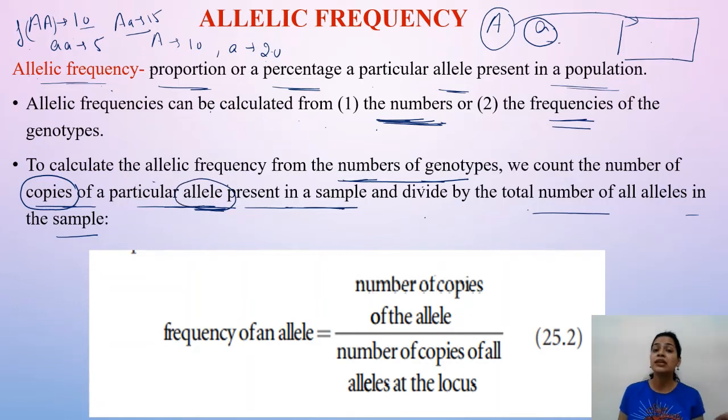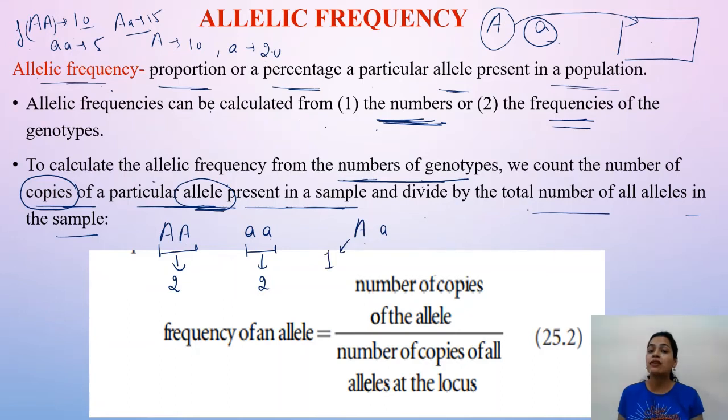Remember, in the previous slide I told you that for individuals which are homozygous, how many copies of one allele do they have? Two copies. This one, small a, how many copies does it have? Two copies. But a heterozygous individual has one copy of capital A and one copy of the recessive allele. So in total all three of them have two alleles, but there is a difference, and that difference plays an important role here.